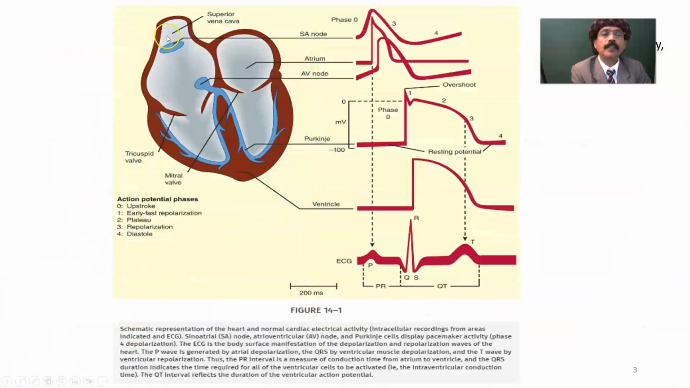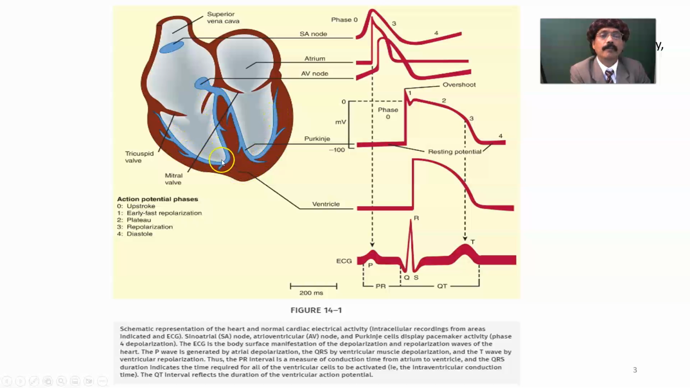This is the conducting system of the heart. This is the SA node, the AV bundle, and the left branch and the right branch of the AV bundle. So this is the left branch, this is the right branch of the AV bundle, and this is the Purkinje fiber